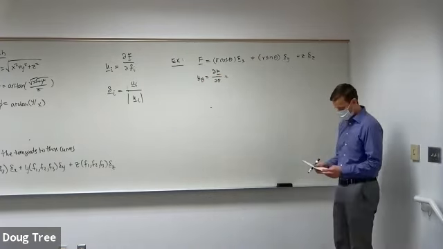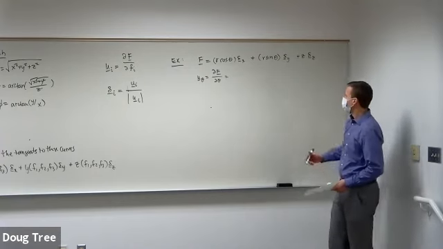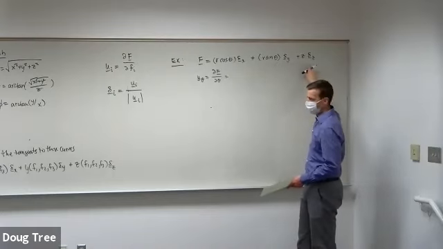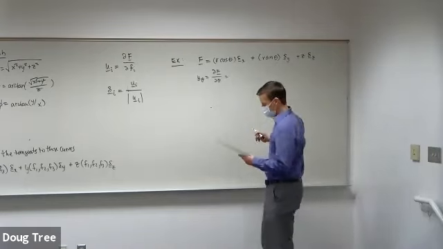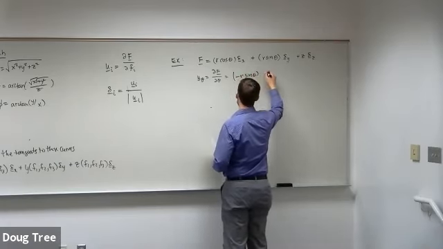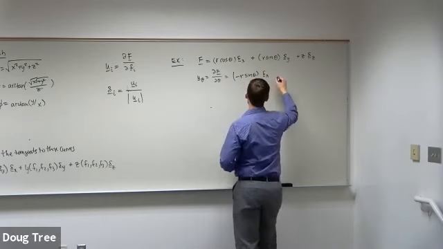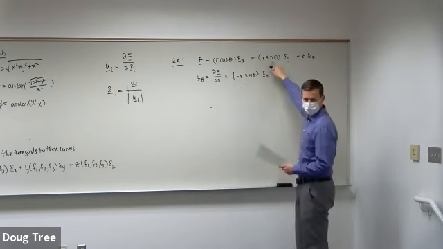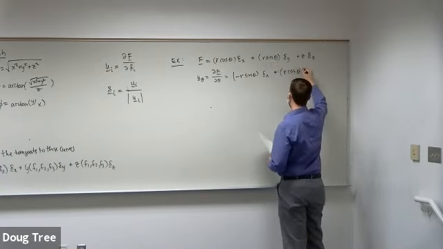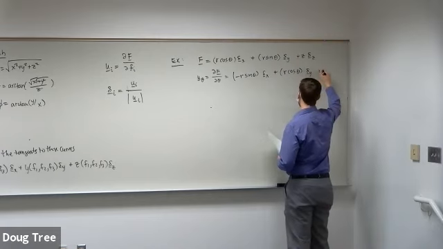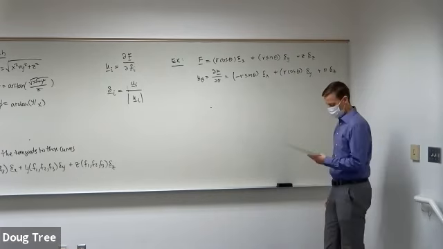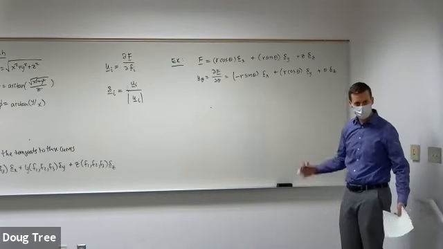Okay, so when I do that, I have to take the derivative of that guy and the derivative of that guy, right? This one's going to go away. The derivative of r cosine theta is minus r sine theta delta x plus r sine theta. I take the partial with respect to theta, I get r cosine theta delta y plus 0 delta z. Okay, so that's the partial derivative.